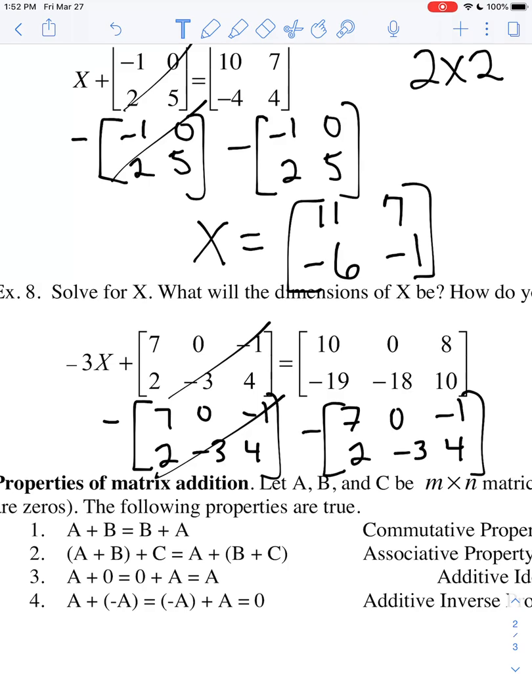The associative property: I can group the first 2 matrices together, or I can take the first one and add the second 2 matrices together. Then I have the additive identity, A plus 0 equals 0 plus A. And then the additive inverse, A plus negative A equals negative A plus A, which is equal to 0. All right, so that concludes our first